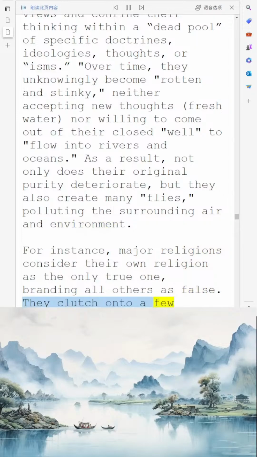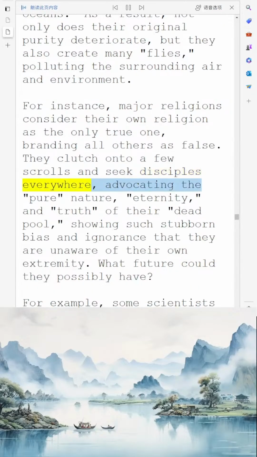They clutch onto a few scrolls and seek disciples everywhere, advocating the pure nature, eternity, and truth of their dead pool, showing such stubborn bias and ignorance that they are unaware of their own extremity. What future could they possibly have? For example,